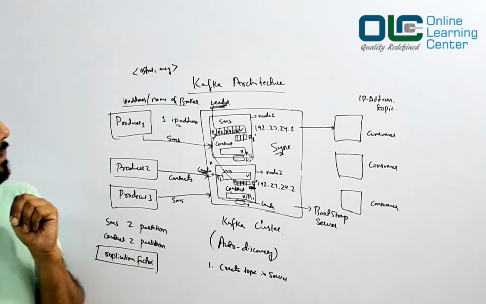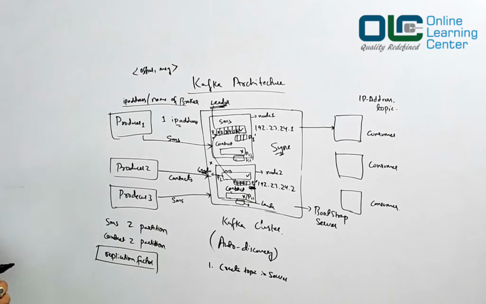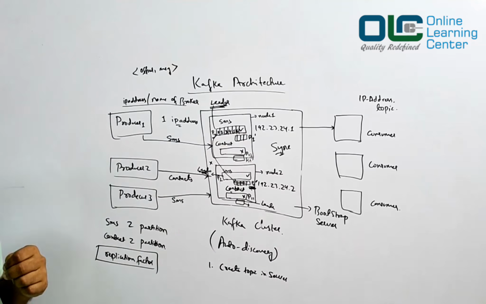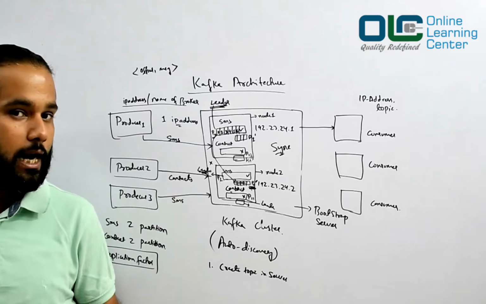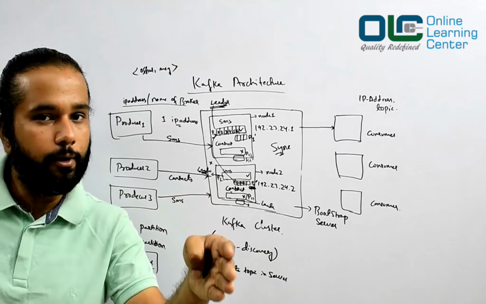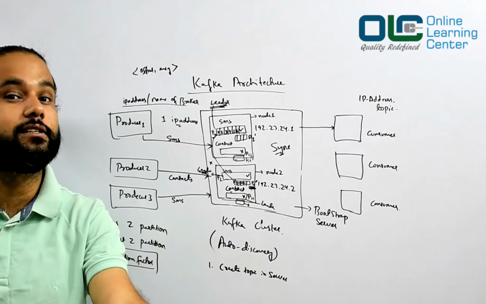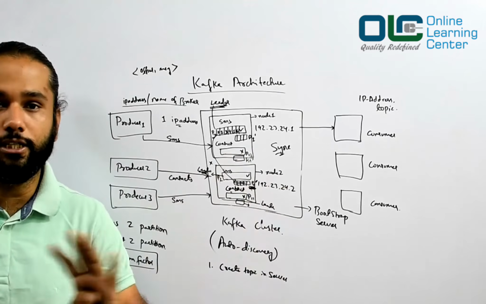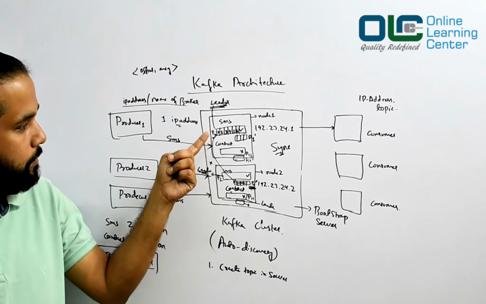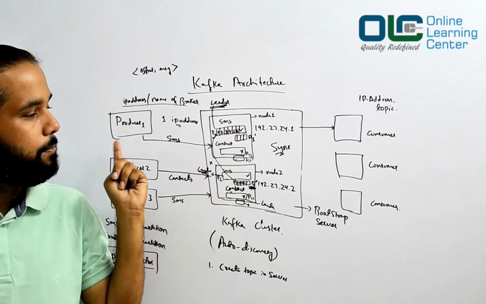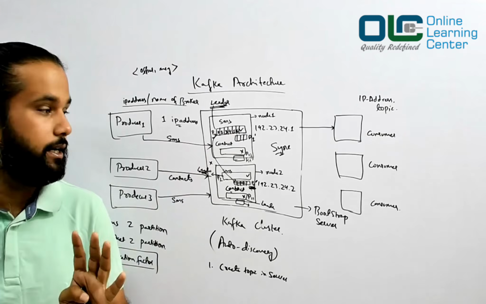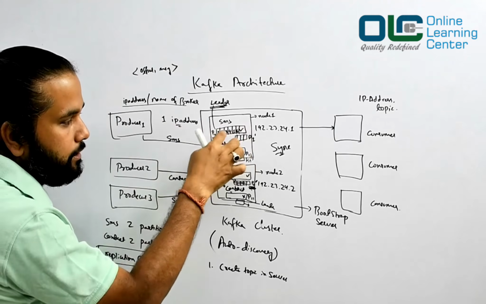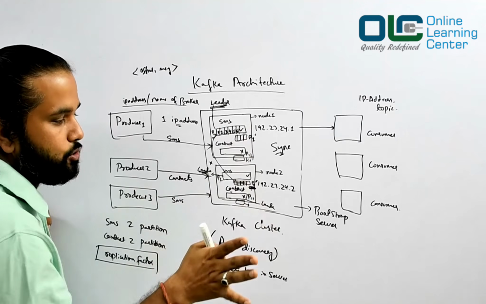Now it is very important to understand that all these partitions are immutable, which means whatever you have written in the partitions cannot be changed no matter what. The data comes and sits, and you cannot change it. So all these partitions are immutable. The data keeps coming here, it will be written here, it will also be written here, and so on.